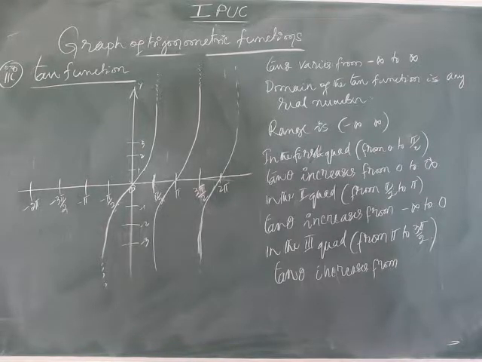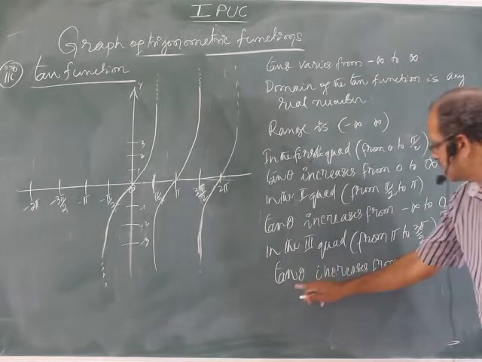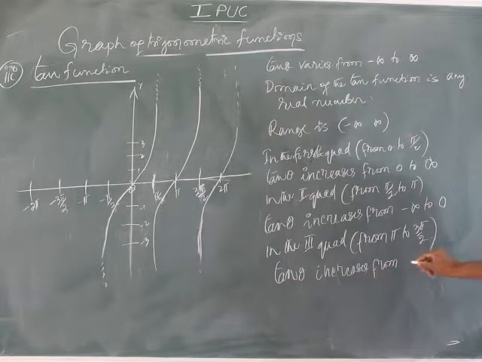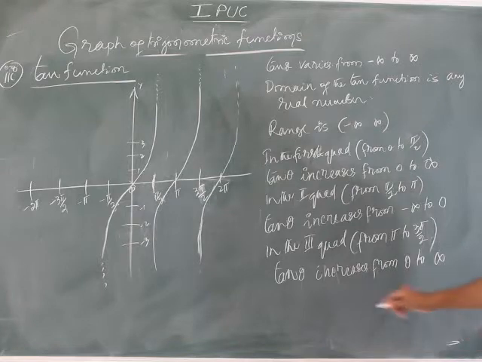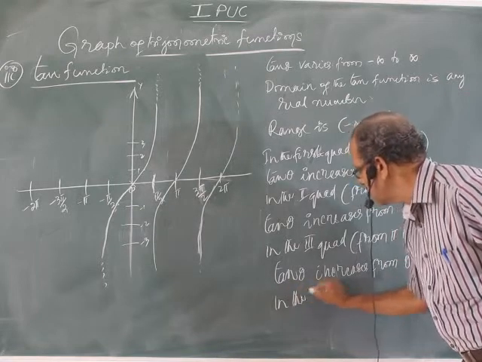Tan 270 is minus infinity. Anyway, tan theta increases from 0 to infinity in the third quadrant, and in the fourth quadrant,